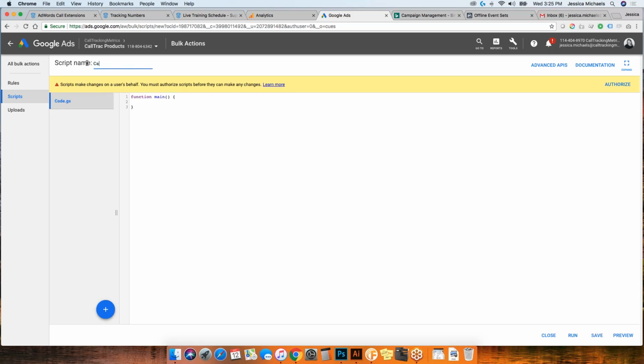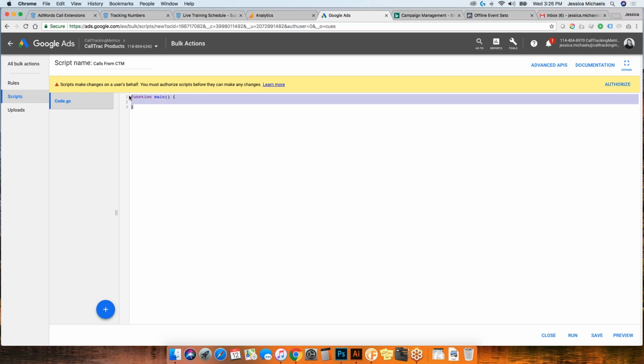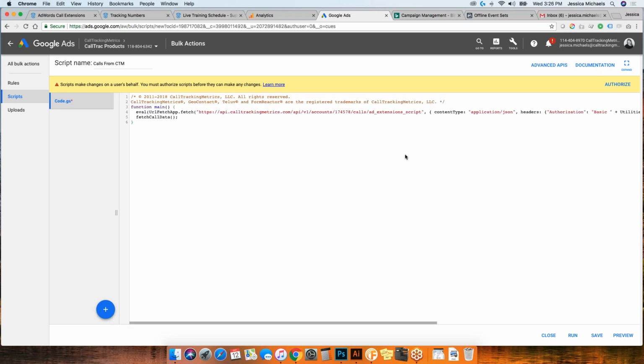So we're going to call this CTM, or calls from CTM. Now there's already going to be a little bit of coding in here. We can just highlight over and paste in. And then we want to save it and authorize it.